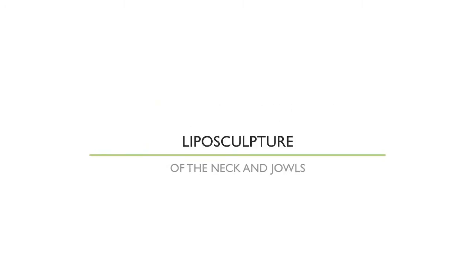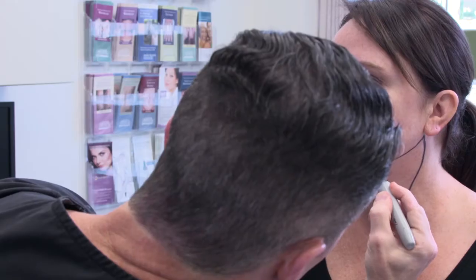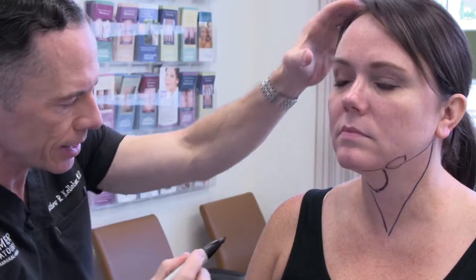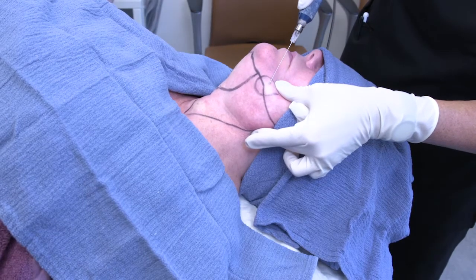For patients with excess fullness of the neck, what patients call the double chin, a turkey neck, a waddle, for most patients, the most effective procedure is tumescent technique liposculpture. With this procedure, under local anesthesia, the exact and precise amount of fat is removed with very small instruments. And then the skin will typically tighten up and kind of wrap around the jawline and under the chin to